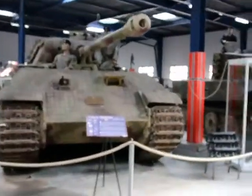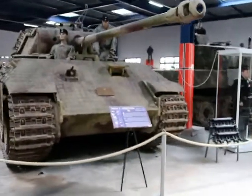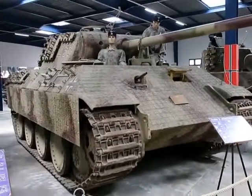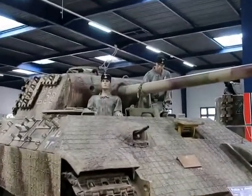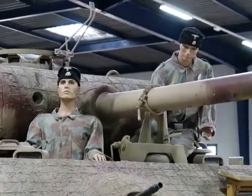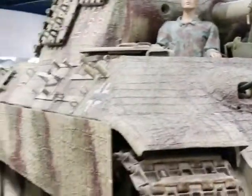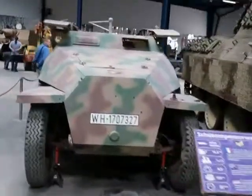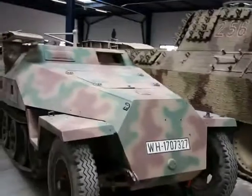A beautiful example of a Panther with the armoured skirts and the Zimmerit. And they're quite cool. SS fezzes. You can see them on the fellas. All pretty cool. Come back to that Hanomag now. That's a bridge lane version, engineering vehicle. You can see the bridging stuff